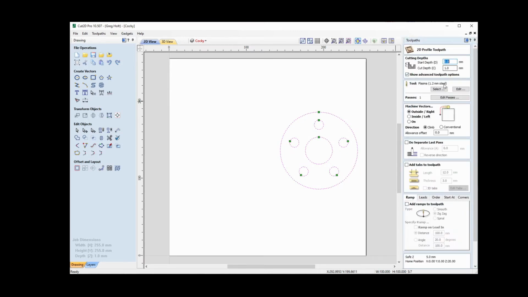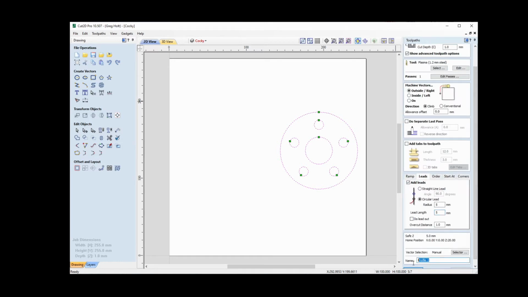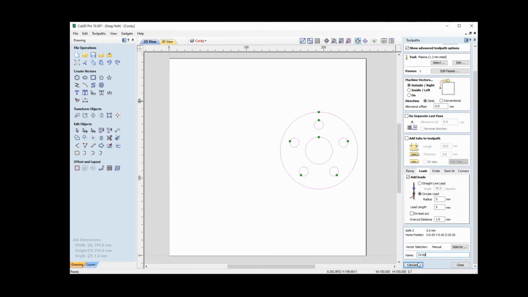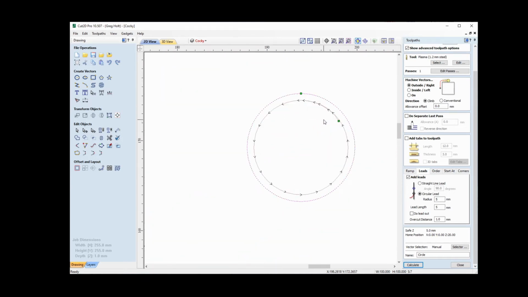Again, everything is pretty much the same. It's going to be cut from the same material. Come down here to leads, we'll return to our circular leads, and we'll go a radius of 5 and a length of 5, no lead out, overcut distance. We'll call this one circle, and we shall calculate. Now, when we come up here and have a look, we see that our lead out